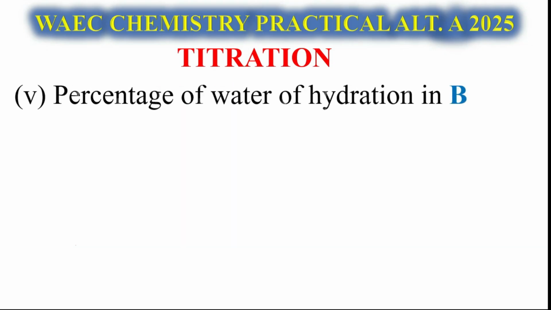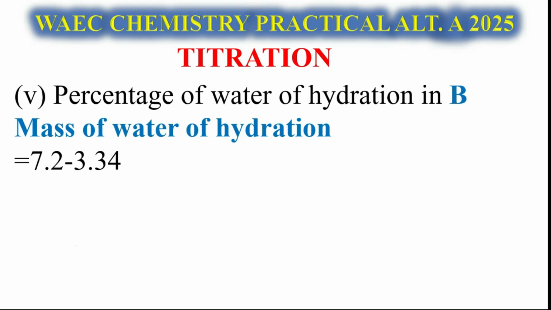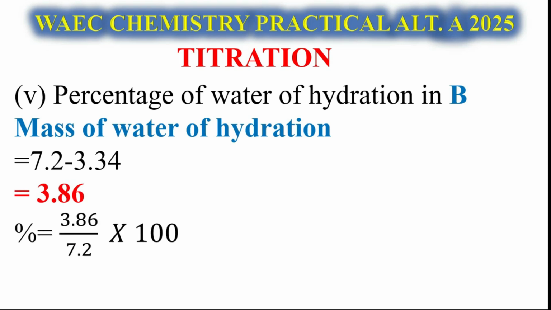So when we do that, let's now calculate the percentage of water of crystallization. The value, which is 7.2 minus 3.34, now gives us 3.86. So the percentage of water of crystallization will now be 3.86 all over the total, which is 7.2, multiplied by 100. Then we have